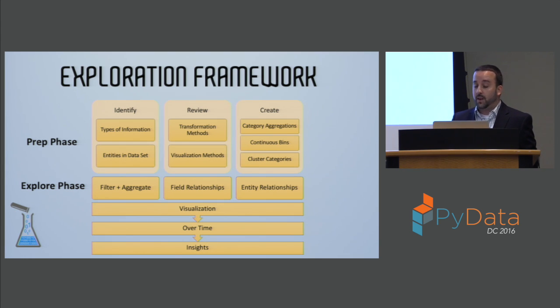There's the prep phase on top, and then you've got the explore phase. And throughout the presentation, we're going to walk through each of the steps here. And I will point out that you can technically do the explore phase without the prep phase, but it's really the prep phase that's going to allow you to do the exploration well. And so I highly recommend taking the time to kind of go through the entire thing.